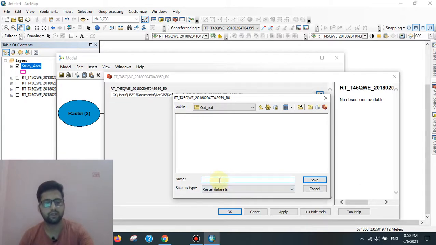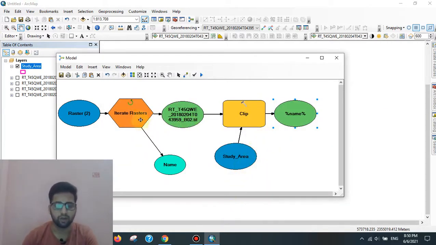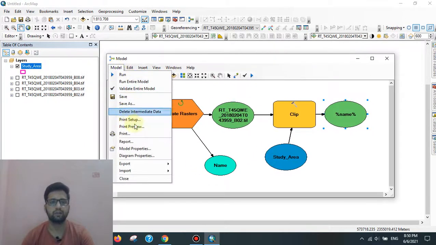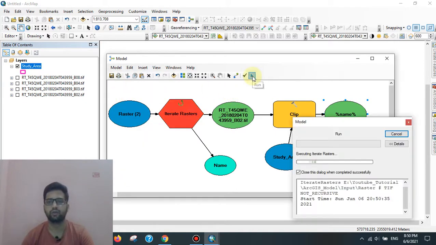Just type percentage name, which means the data will be stored by their names. Now the model is ready. Then Model, Save. Now click here to run the model.